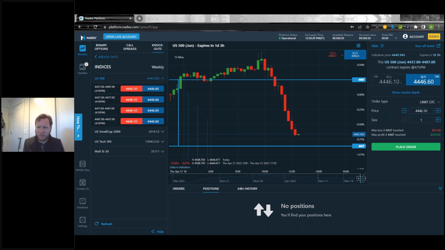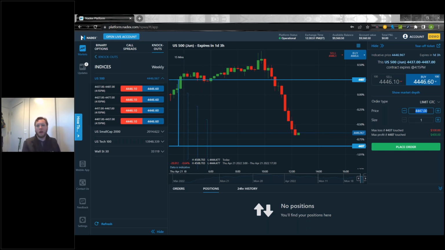If I actually put in a limit price, let's do something nice and round here. Okay, so we have 4447. If we wanted to enter this contract, I've just selected this price. We can't actually probably buy it for this price yet. Actually, now it looks like we can. But if I wanted to enter the contract at this price,